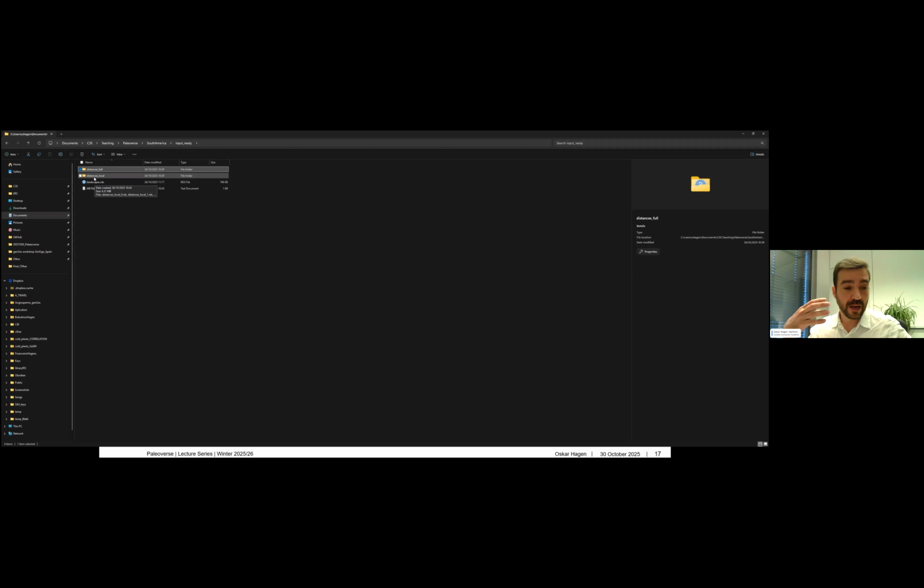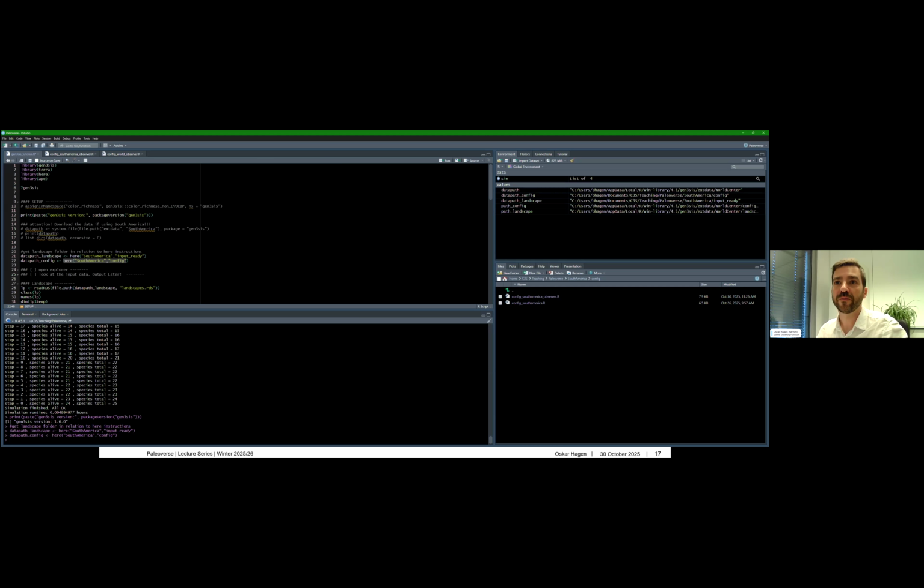But if you have limits on storage space, you would like to compile your landscape using local distances. This means that I just keep the neighbor resistance. And once you start the simulation, gen3sis will then compute the full-blown full distances, right? So if you have storage space, I would definitely go for distances full, because in this way your simulations are just going to be much faster. Okay, so here you can see this landscape, and now I would like to go back to RStudio, and